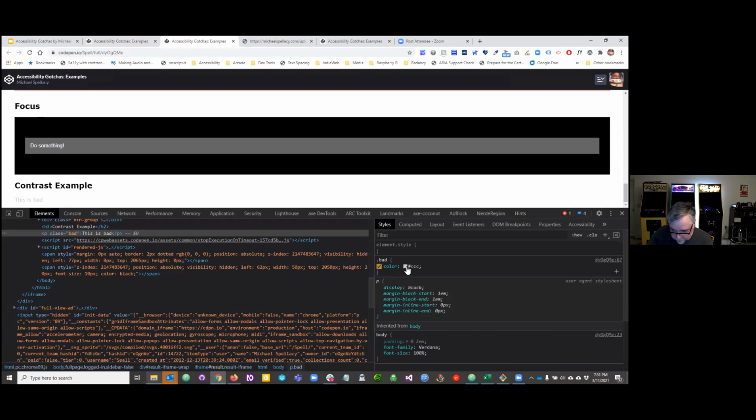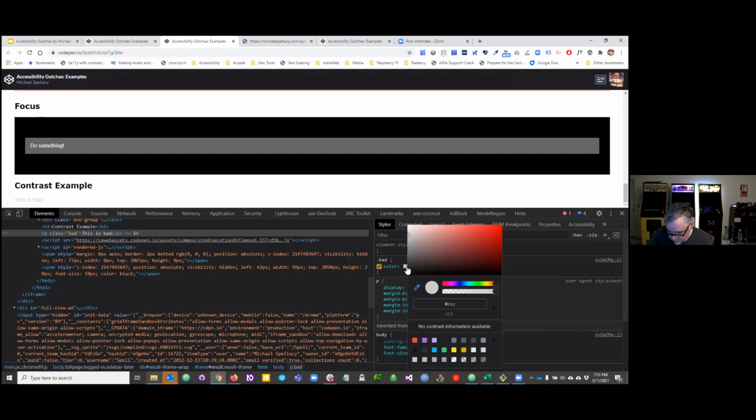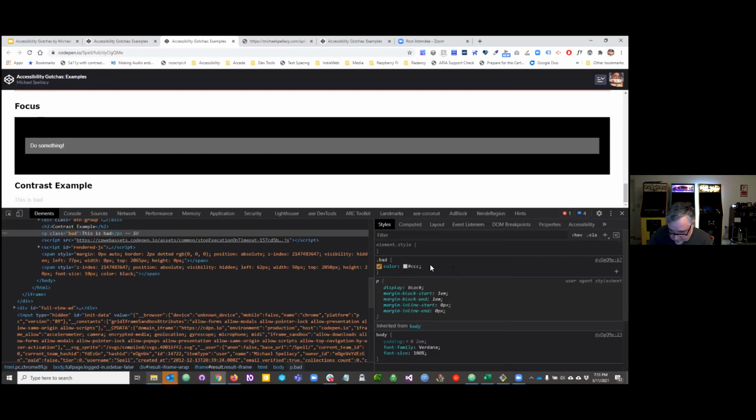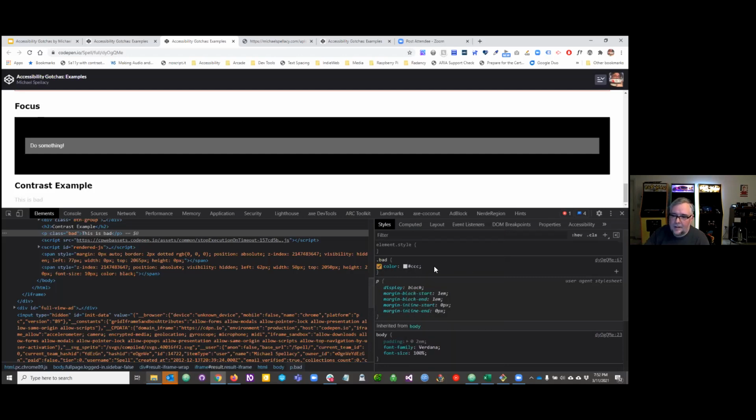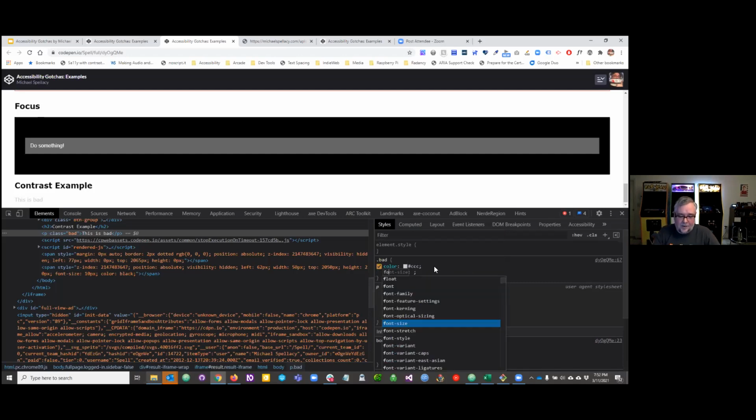You would have to ensure that that meets a 4.5 to 1 color contrast ratio. That's the luminance between the background color and the foreground text. So obviously you would need to change that to something darker to pass that particular guideline. If this font size was increased to 18 pixels,